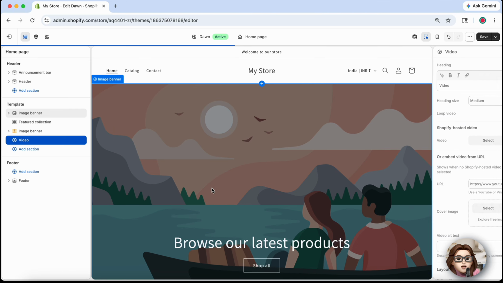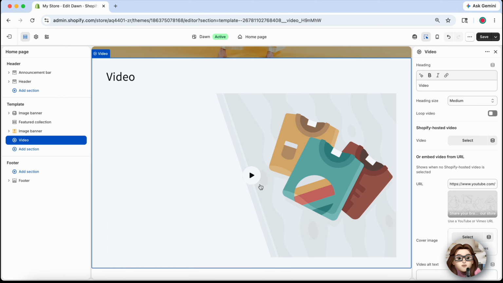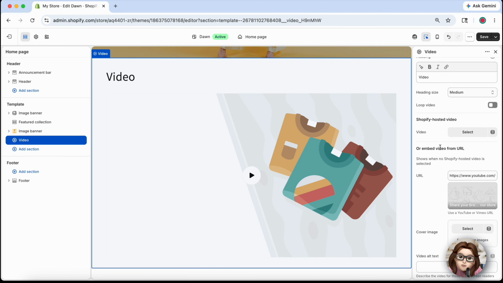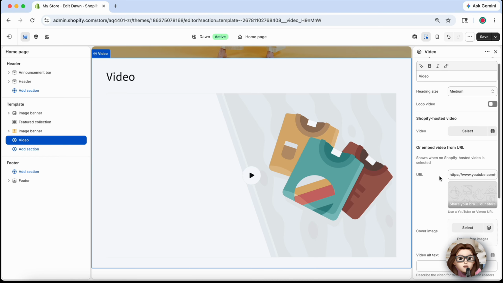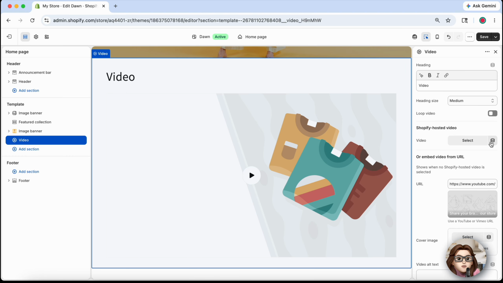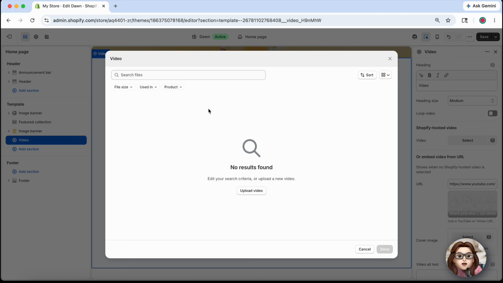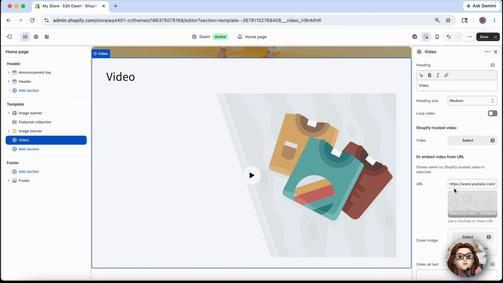After adding the video section, you'll be able to upload or connect your video. You can either paste a YouTube or Vimeo video link or upload a video file directly, depending on your Shopify theme features. Choose a video that represents your brand well, such as a product demonstration, brand story, customer testimonial, or